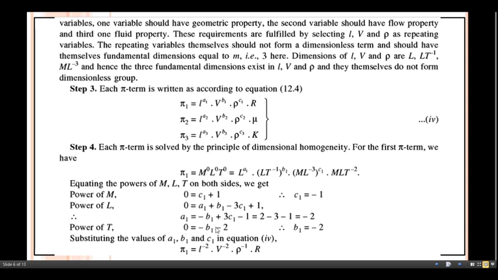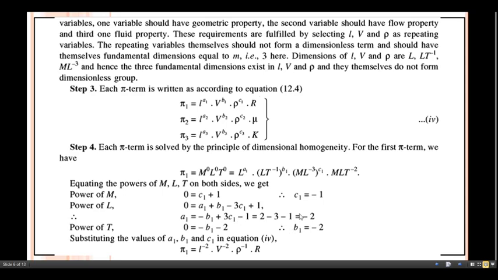So here 0 on the left side, and on the right side the power of t is minus B1, because the minus 1 multiplied by B1 is nothing but minus B1, and in the case of the dimensions of t, here minus 2. So by solving this we can get B1 as minus 2. If I substitute the value of B1 as minus 2 here, we get plus 2. The value for C1 we already have, that is minus 1, so minus 1 you have to write here. Once we solve this we can get the value for A1. So we have A1, then C1, B1.